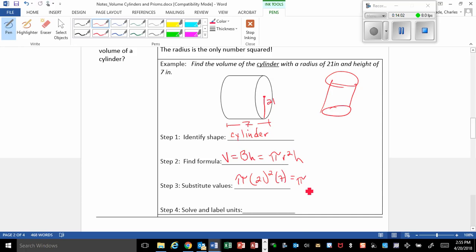Which is going to equal pi, all right, 21 squared in your calculator. 21 squared is 441. All right, so pi times 441 times 7. 441 times 7 equals 3,087. Okay, and then we're going to multiply that times pi, times 3.14, and that's going to equal